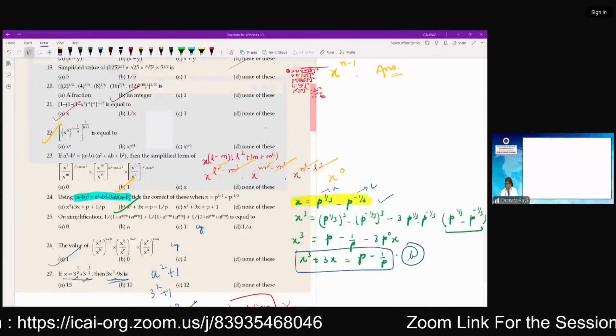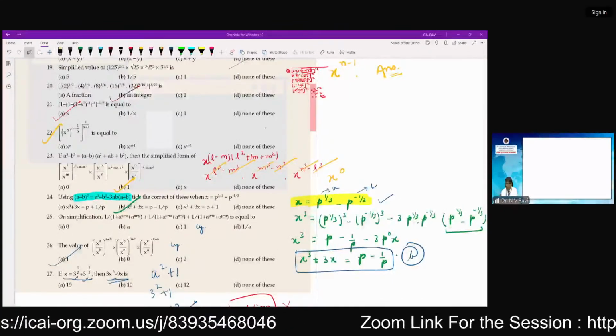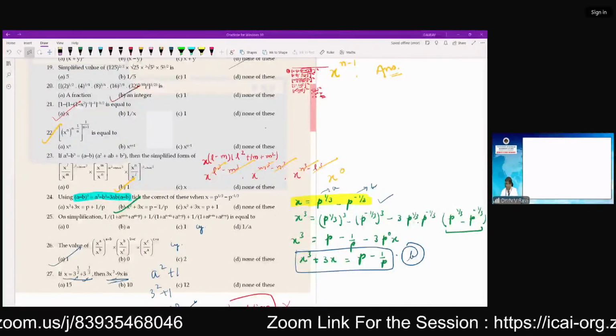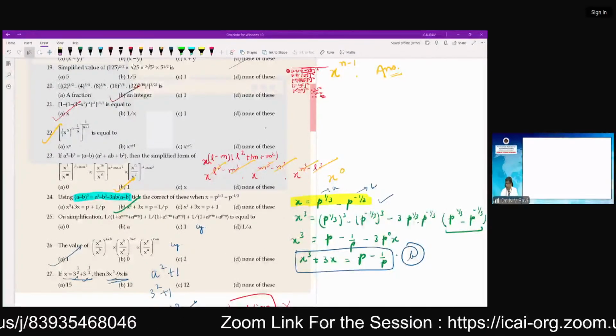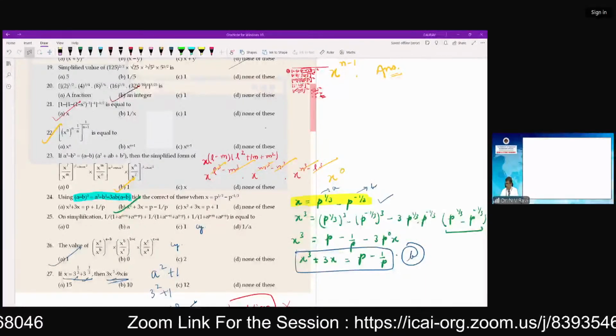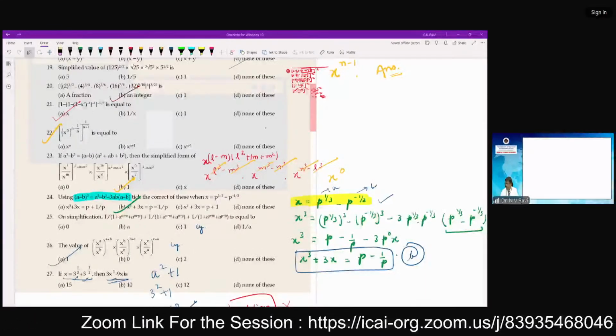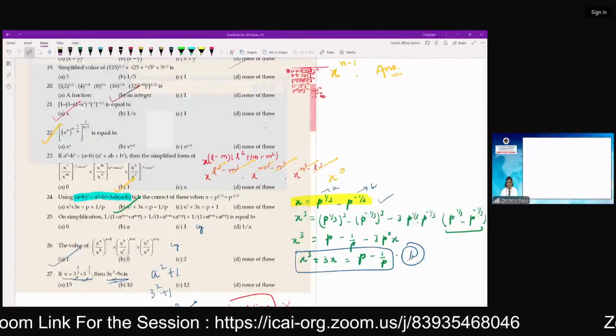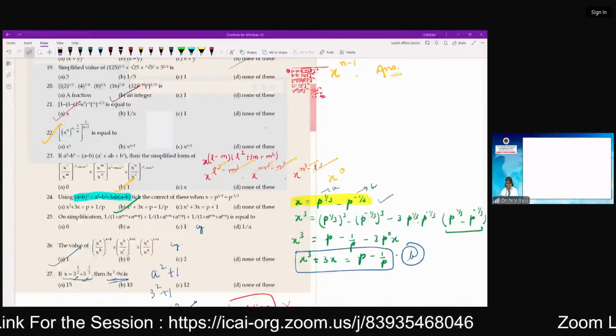If you sum up all these chapters, sometimes logarithm, laws of indices, proportions, two questions are also sometimes asked, or indices, two questions are also sometimes asked, and ratios, one question. Overall 6 to 7, or maximum 7 or 8 are asked, but keep in mind, 6 questions is a very important number of questions from this chapter.